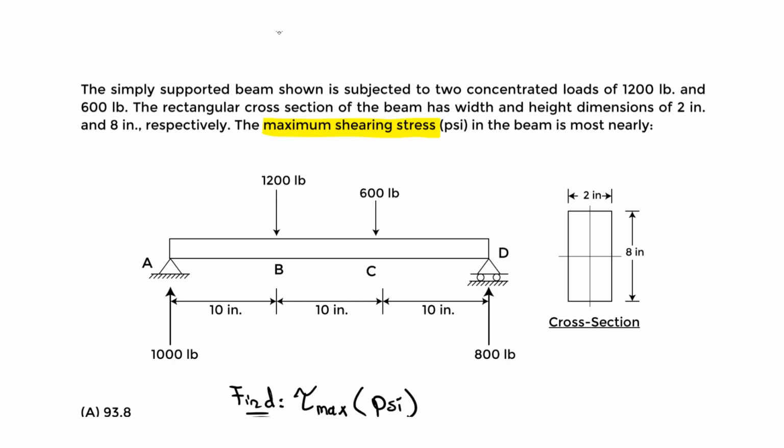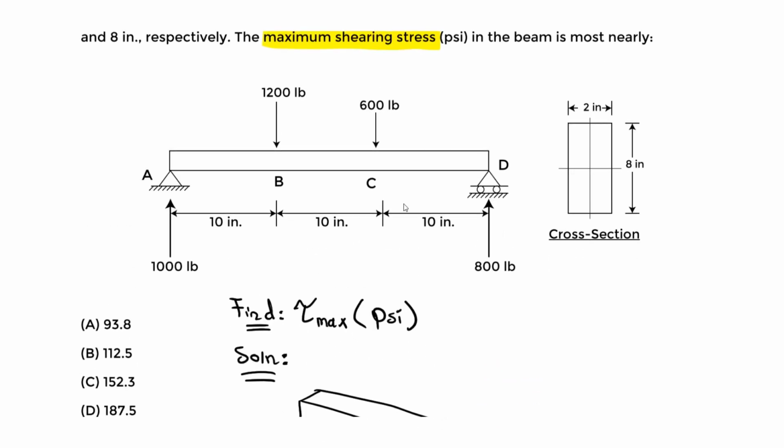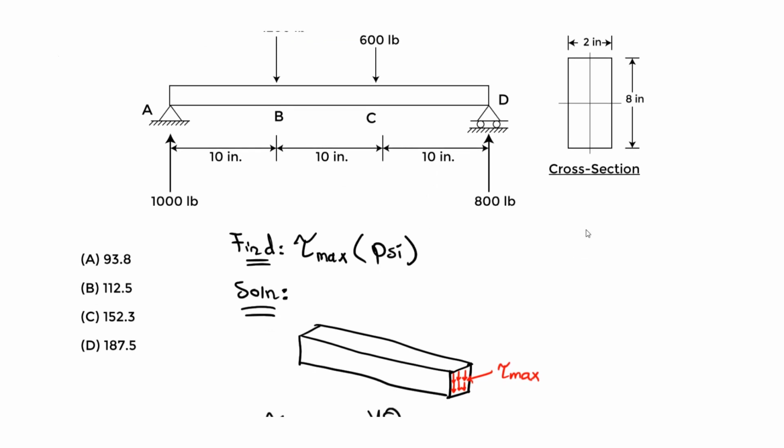that maximum vertical shear force. And how would we get that shear force? From the shear diagram, right? You have that shear moment diagram, but all we're going to do here is look strictly at the shear diagram and get the maximum value for the shear force, drawing that shear diagram. So if we draw the shear diagram real quick, in this case we're given all the loads, right? You're given the reactions, so you can do that real quick. What we can do is just draw the beam here,